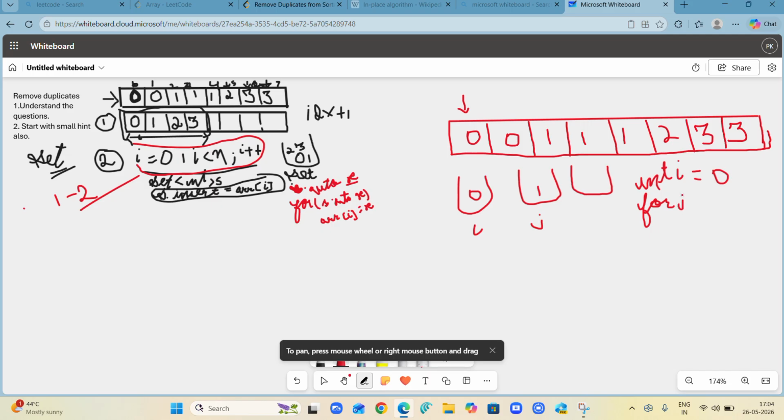Then for j, I'm going to run it from i plus 1, or I could simply write 1 also, it doesn't matter. And I'm going to run it for j less than n only, with j plus plus.